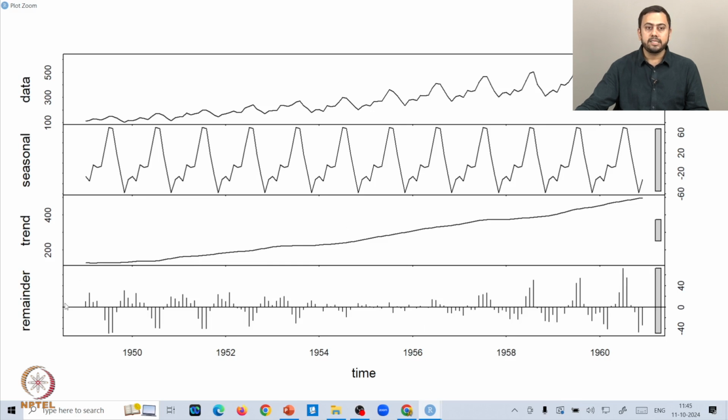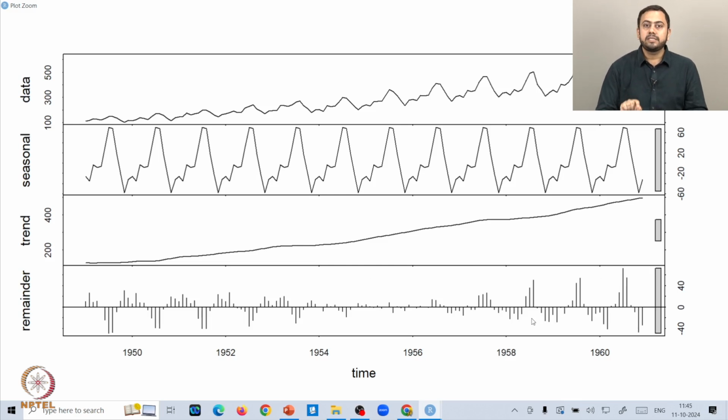And here one more interesting aspect in the remainder part is, can you see some periodicity in the remainder? So the remainder itself is not completely random, right? And one more thing is that if you go down the line, let's say 1958, 1959 or 1960, you can clearly see that the variance is also increasing. Initially all the spikes are very tight, but as you go down the years, towards the end of the time frame, the spikes are expanding and the variance is increasing also.